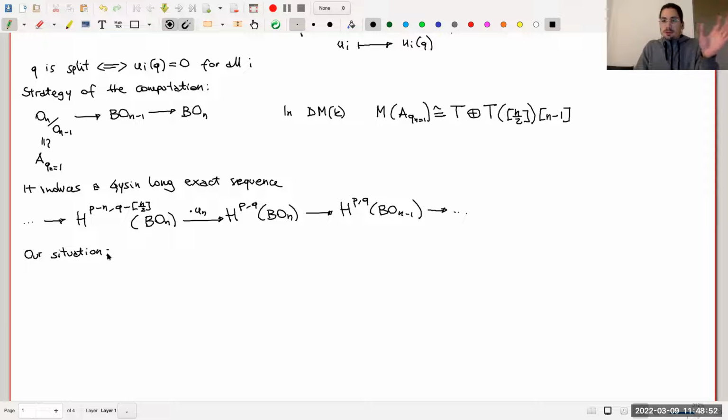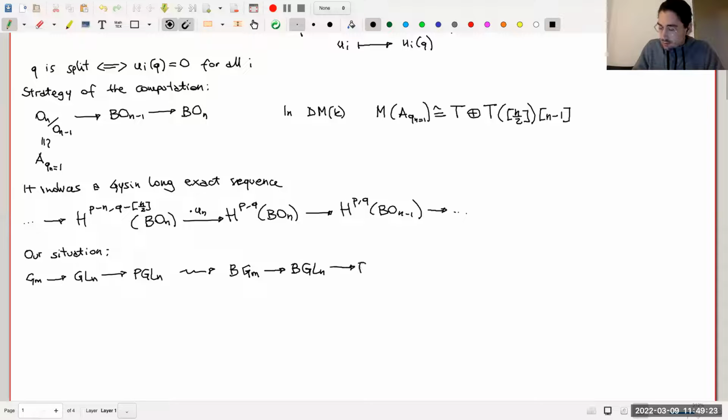Well, the closest thing that I can think about for the projective general linear groups is the following. So we have the central extension G_m, GL_n, PGL_n, and we can consider the induced sequence in classifying spaces. BG_m, BGL_n, BPGL_n. Okay, now the cohomology of BGL_n is known, it's just a polynomial ring in Chern classes, and the fiber